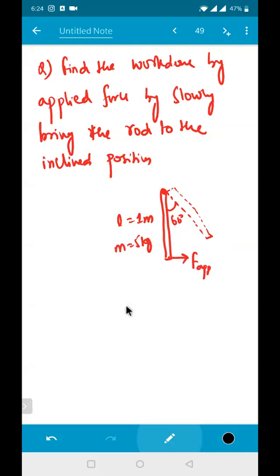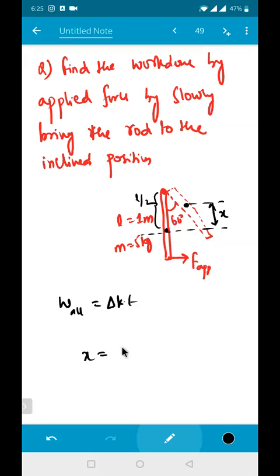See, anyone can try to do it, applying the law of conservation of mechanical energy. Work done by all forces must be equal to the change in kinetic energy. Now see, when you're taking this from here to here, you know that the center of mass will be rising. I hope you remembered it. The center of mass of this is somewhere here. When you take it, it will go to this portion. So the center of mass has been raised by how much? X something. The center of mass is at L by 2.